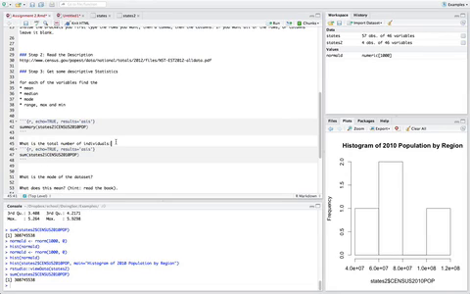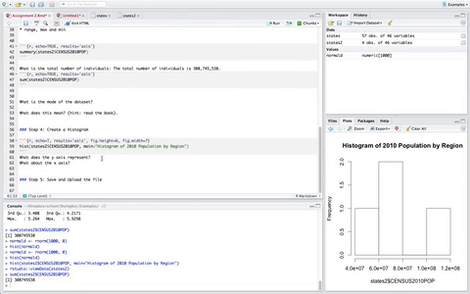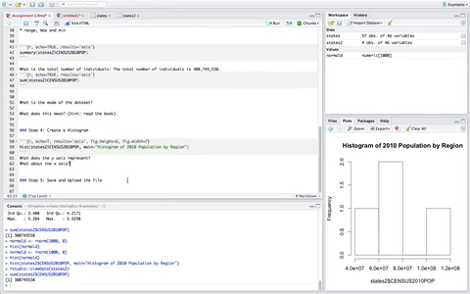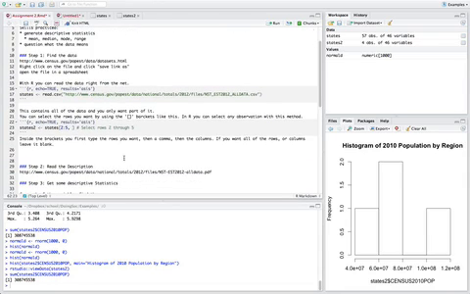So what is the total number of individuals? Total number of individuals is, and you can format it nicely for me. 308,745,538. And so you can do this with every single question. What is the y and x-axis in the histogram? And then once you're all done, once you've answered all the questions, you've run through all of this,